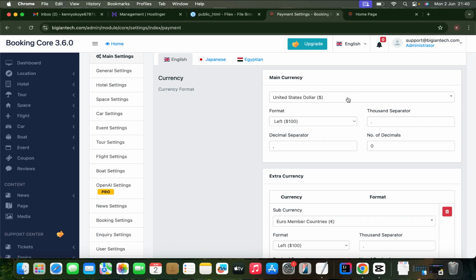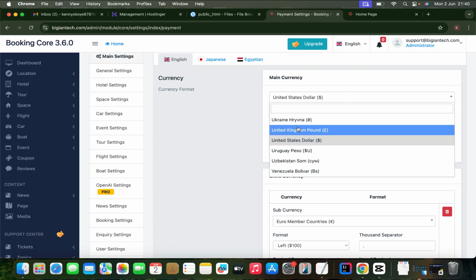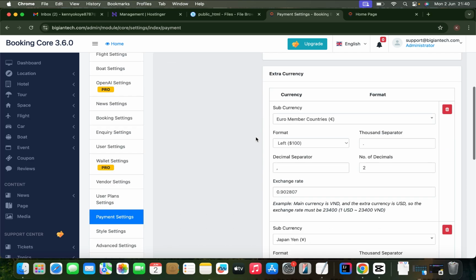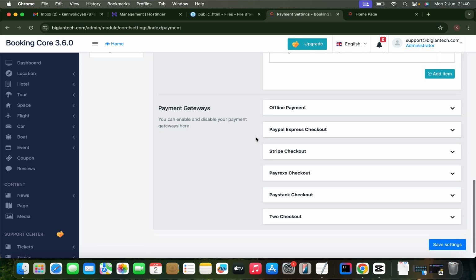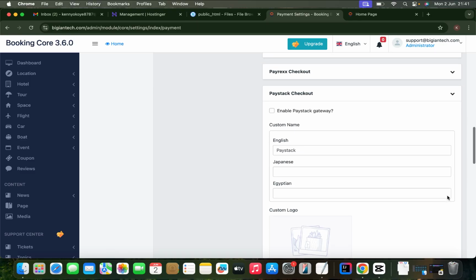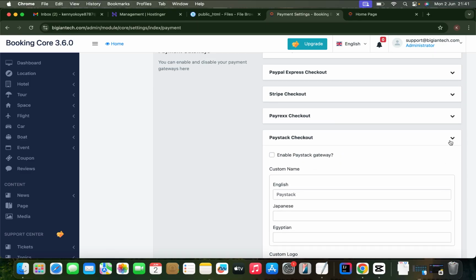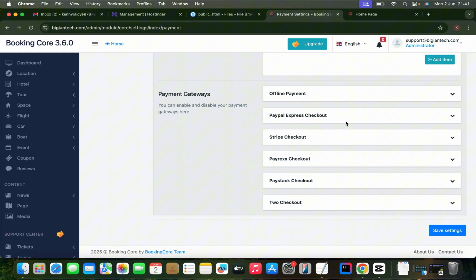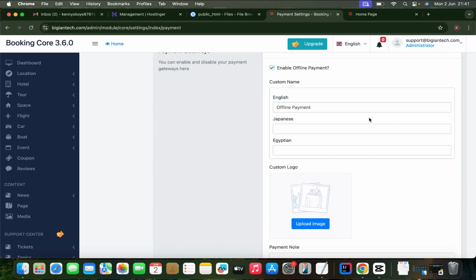Now this is for the payment settings. Now you can change the payment currency. Okay. Then let me just go down here. Now these are the payment options we have for Paystack. So definitely you let your users set up with Paystack, and also we have PayPal, Stripe, and others. So I'll just go with the